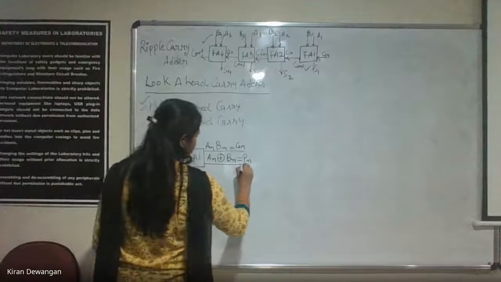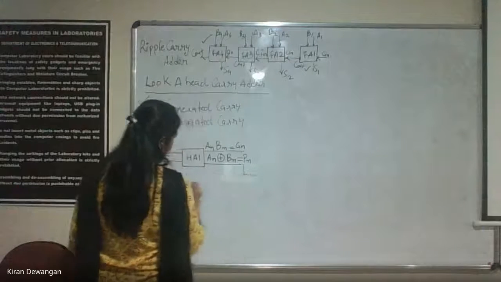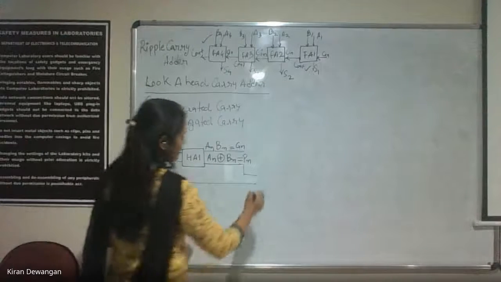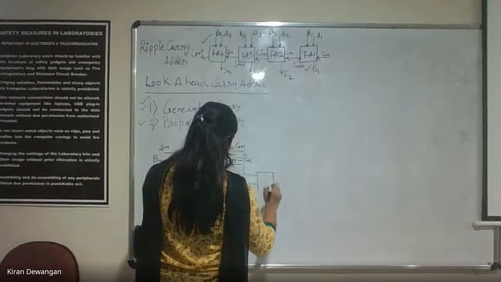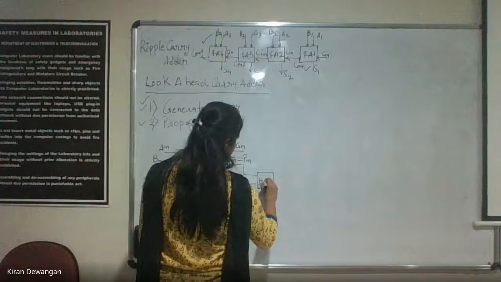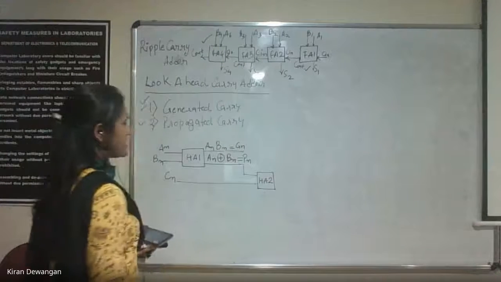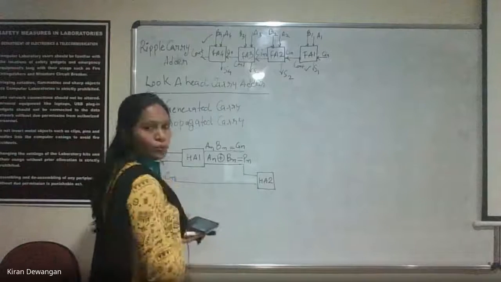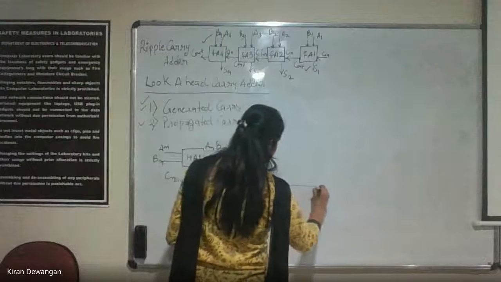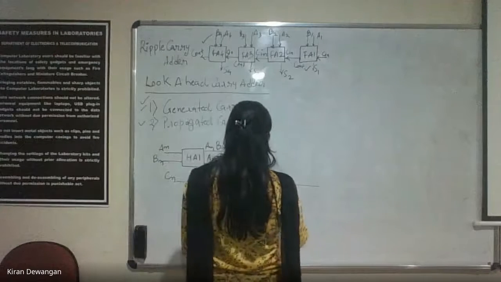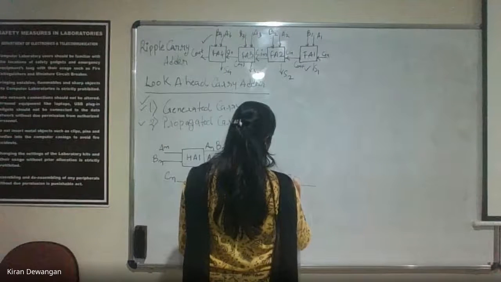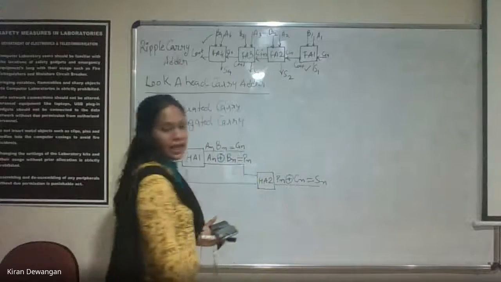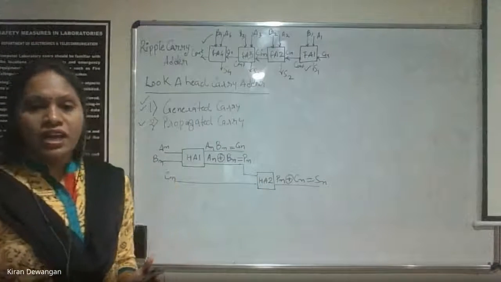What actually we do? We are giving this propagated carry along with Cn to the second half adder. I am having Ha2, this is my second half adder. Clear? Now this propagated carry along with Cn will produce this sum, that is Pn XOR Cn, which will be Sn. Sn क्या होगा? That is the sum